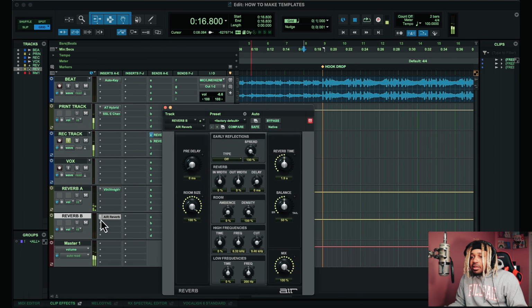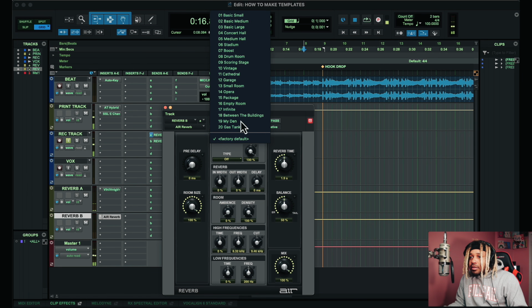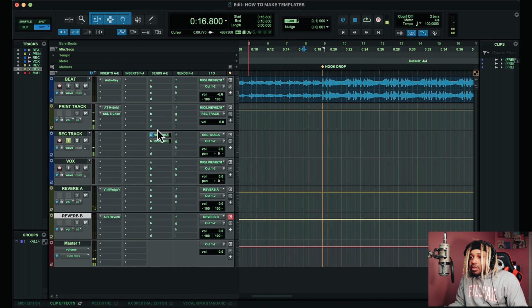So we could do this air reverb, right? And then we could do like small room. Alright, so now I just